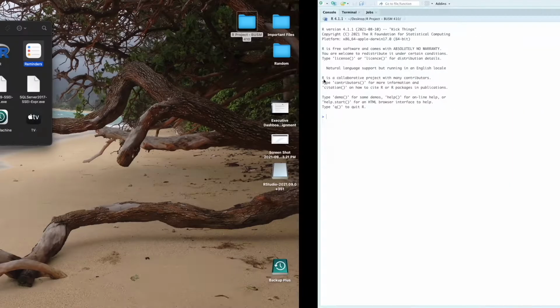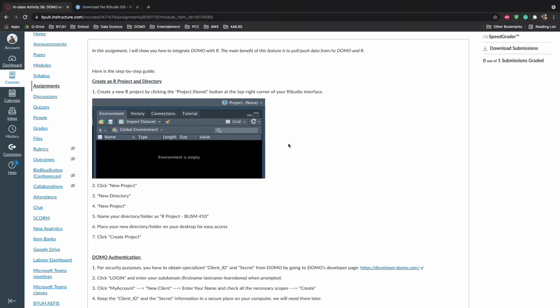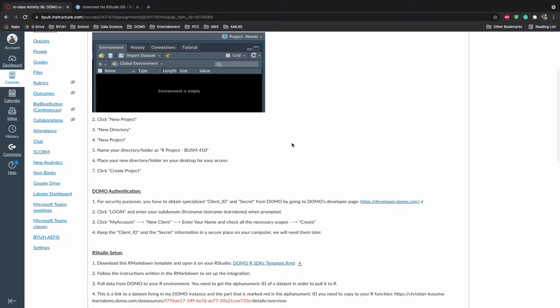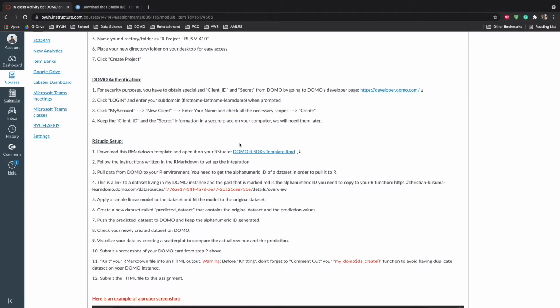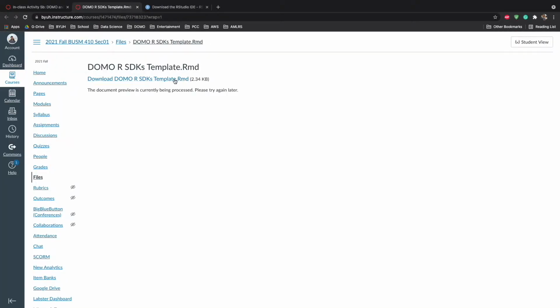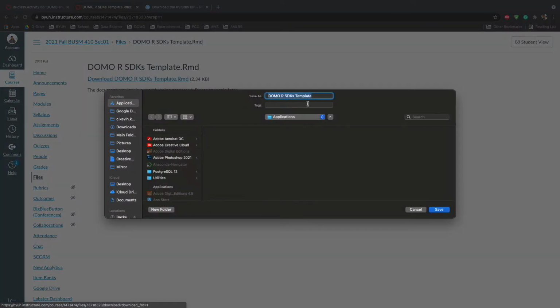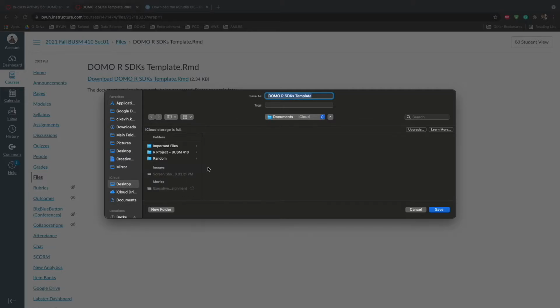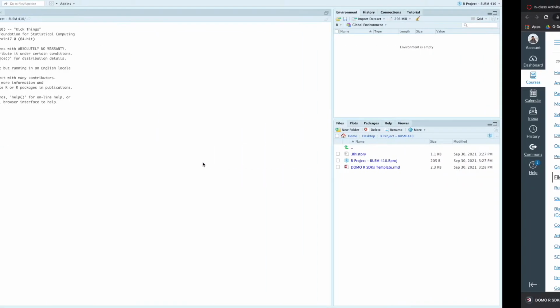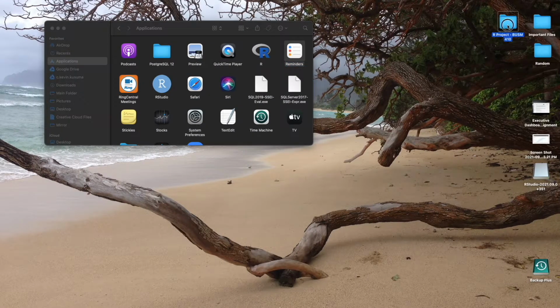The next thing I want you to do is go to your Canvas and download this file. This is called DOMO R SDKs template RMD. RMD stands for R Markdown. I'm going to click that, click it again, and then it will ask me where to download. I'm going to put it inside my desktop, inside of that new folder that I just created, R project business management 410. Click Save, and then if you go back to your folder inside this R project,